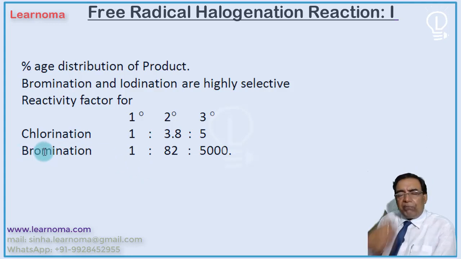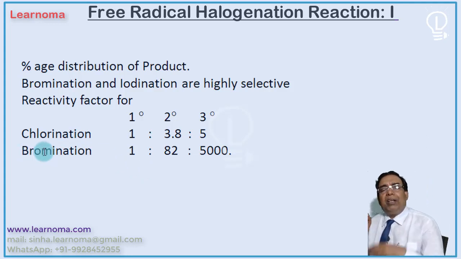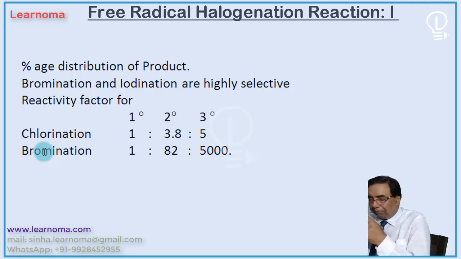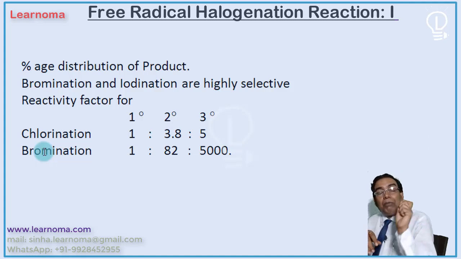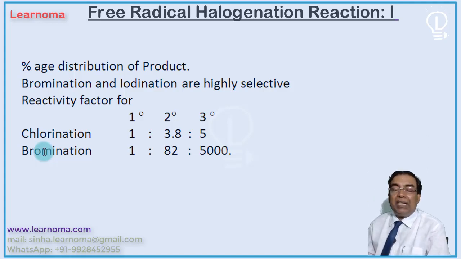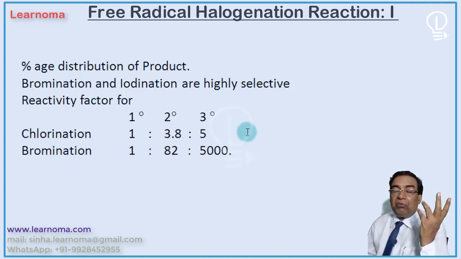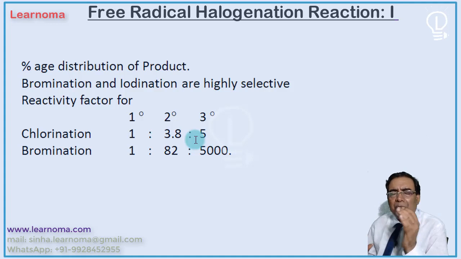This is selectivity. It means in all cases of bromination, we can safely assume that 3 degree will mainly undergo bromination and a few at 2 degree. Very rarely, and not possible at 1 degree unless all the atoms are 1 degree. Whereas in the case of chlorination, the product distribution depends on the number of each type of hydrogen as well as reactivity. Okay. In the case of fluorination, there is no such reactivity selectivity, because the energy is very, very high. It only depends on the type of hydrogen available.